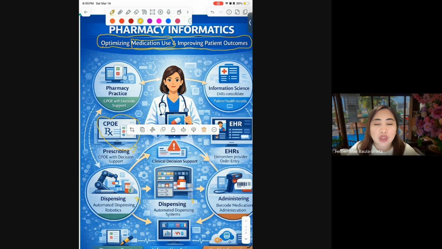As pharmacists, you are tasked to identify inappropriate uses of drugs, specifically antibiotics right now, because the antimicrobial stewardship program relies heavily on the legwork of us pharmacists. We are the target implementers of these interventions to optimize antimicrobial therapy. And I challenge everyone that with the use of this data and this pharmacy informatics, you will be able to help the system in the hospital that you are in.